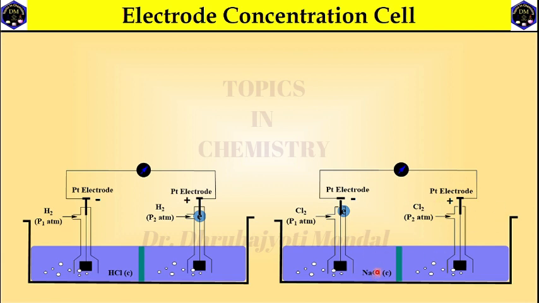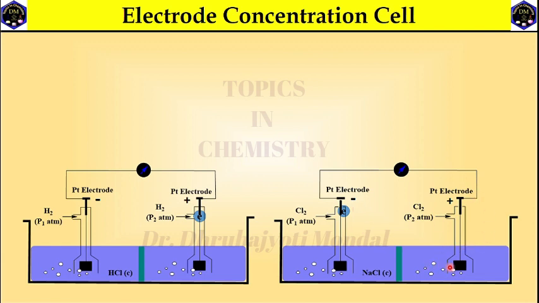This is another type of half cell. Here you can see this is again a platinum electrode, but here you are using chlorine gas instead of hydrogen gas. So it is a chlorine gas electrode. Here you are passing the chlorine gas, and the pressure of chlorine gas is P1 atmosphere. Again this is the left hand half cell, so here the oxidation takes place. Oxidation takes place means Cl minus converts to chlorine gas. So again this is the negative electrode.